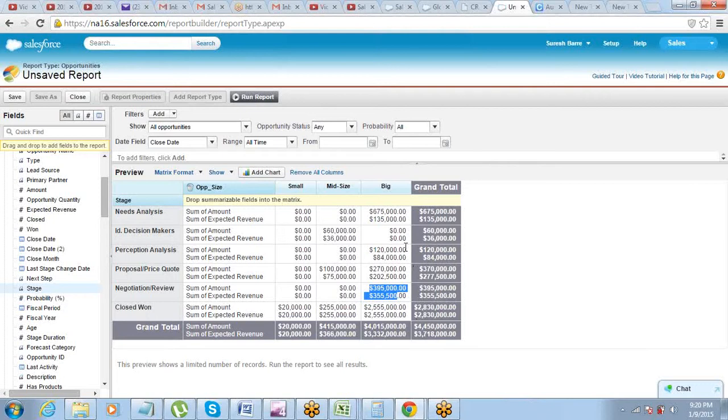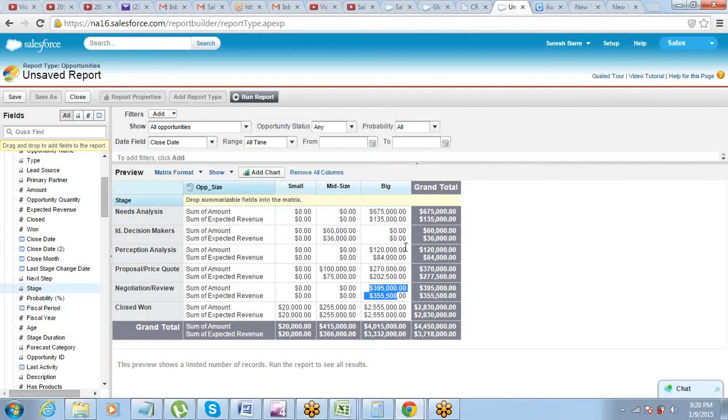Got this thing? So this is one more report that you can generate. This is matrix. So in matrix you are able to categorize the opportunities on the horizontal as well as vertical axis. Got it? Clear? Let me know if you have any questions. Are we all okay with it? Yeah, tell me. Hello, yeah, go ahead.